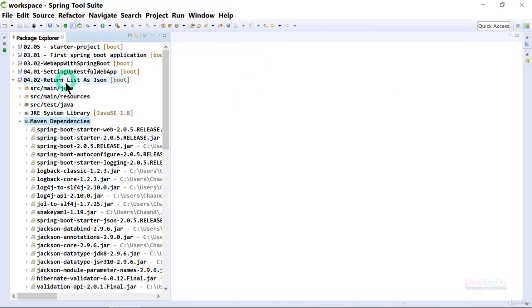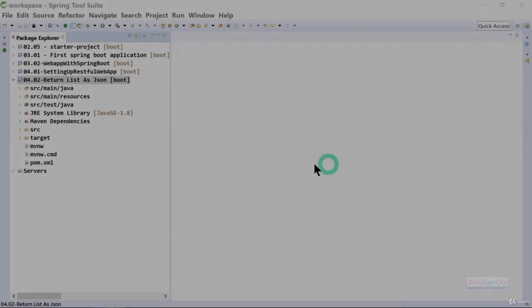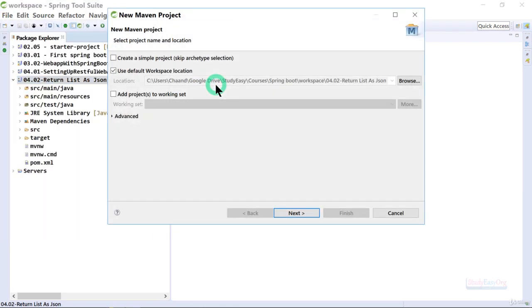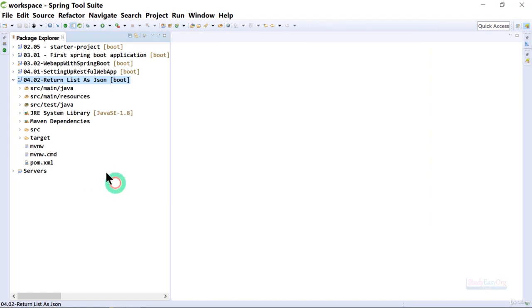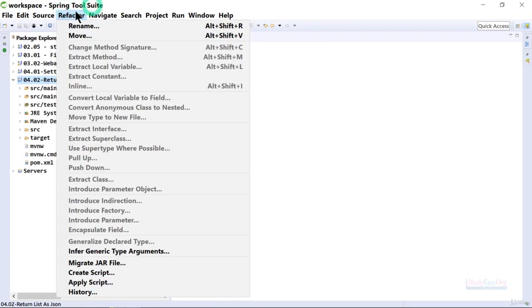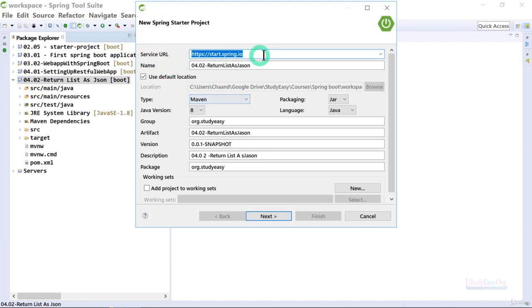Now friends, when it comes to building a project, there are multiple ways which we have seen already, like adding a Maven project first of all, and then adding the dependency inside the pom.xml. This way of adding a Maven project and then executing it is something which we have already seen. The next way we have seen is making use of the option Spring Starter project, which is available in our Spring Tool Suite. Using this particular way, we download a zip file from a particular